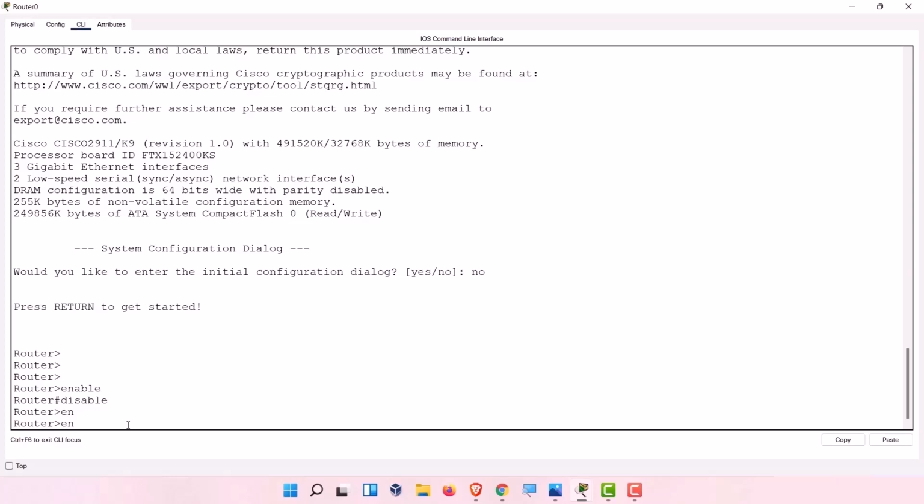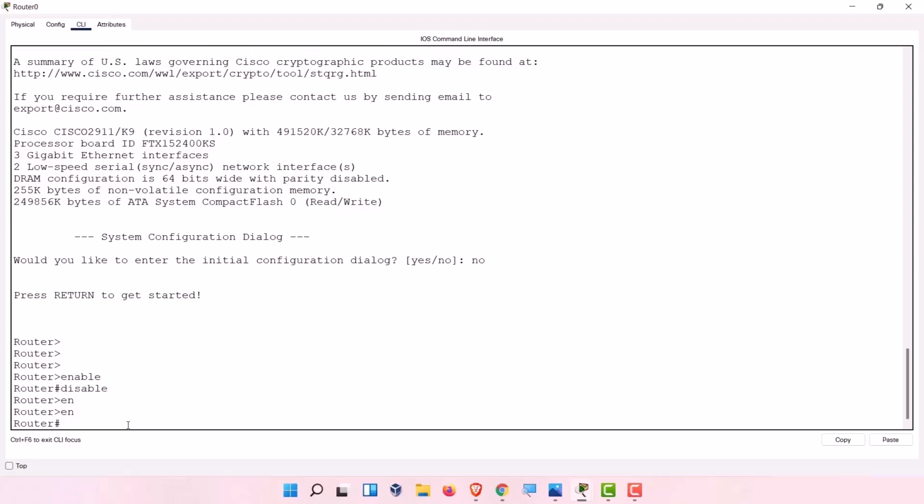Or you can use short commands as well, something like this, en for enable. Now you are in privilege mode. Now you have to configure this router. Before configuring this router, we have some commands like show commands, like show